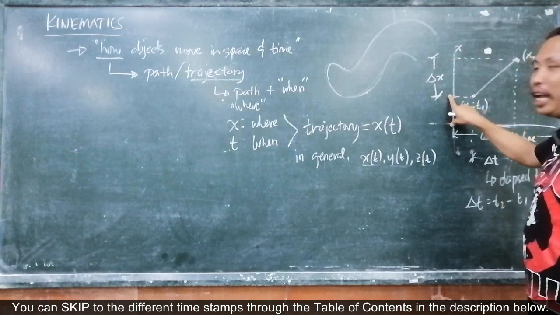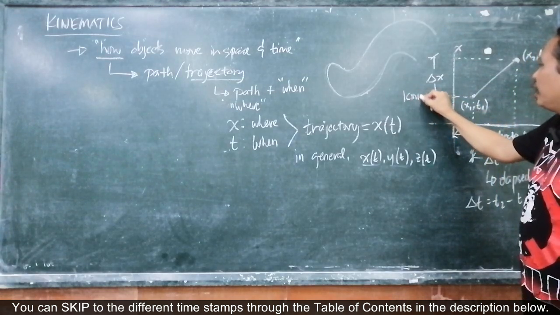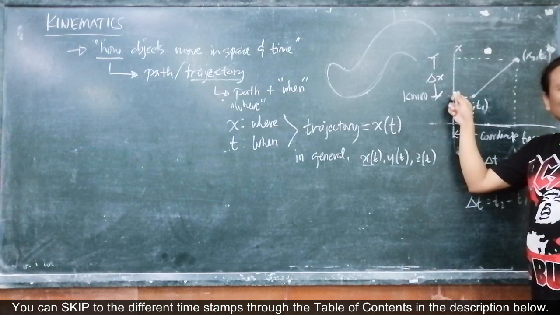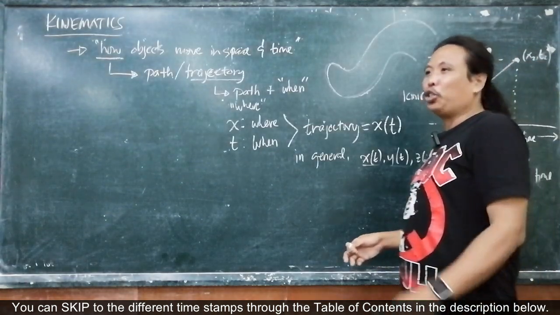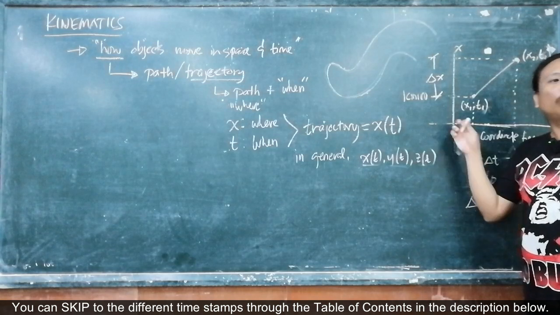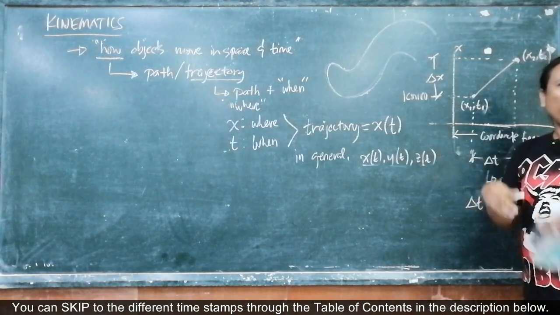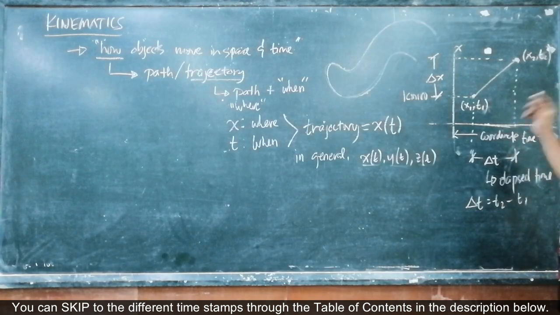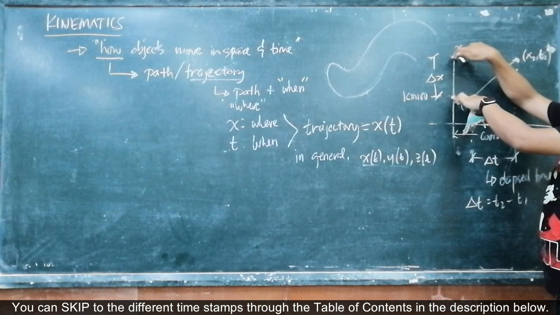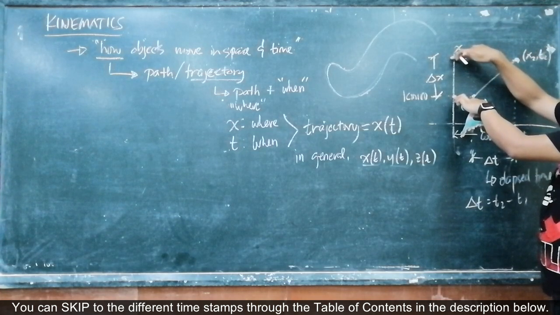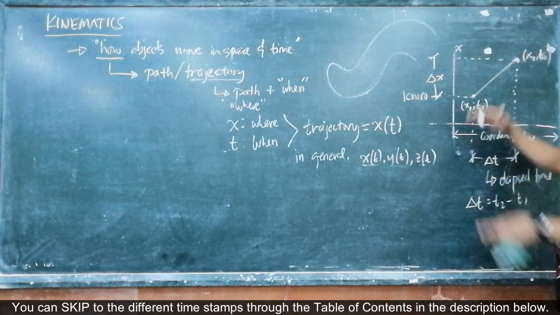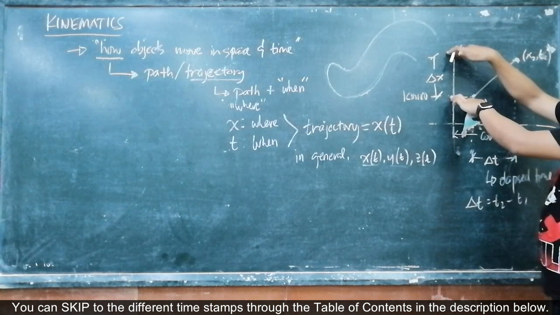For example, if this is kilometer 100, KM 100 is just a location, a specific point. Well, of course, when you have KM 100, then that means that you have KM 0. But again, that 0 is arbitrary. We can set the 0 anywhere. But in general, setting the 0 anywhere doesn't change the distance covered, right? Doesn't change delta x. Okay? Whether you put the 0 here or there or anywhere here, it doesn't change the length of the distance covered, right?